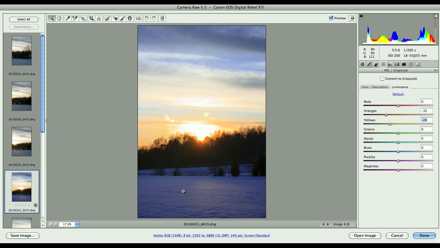But the blues are a bit on the bright side, so let me crank those down a little bit as well and get them a little bit darker. So there you have the image, and this is exactly what I remember seeing. I had a very, very blue ground, I had a very, very orange sunset, and there's a lot of punch in this sky. Now what we need to do is we need to translate all these settings to all the